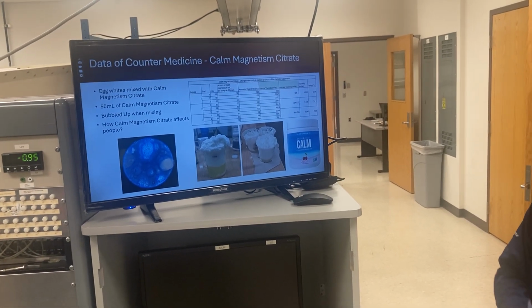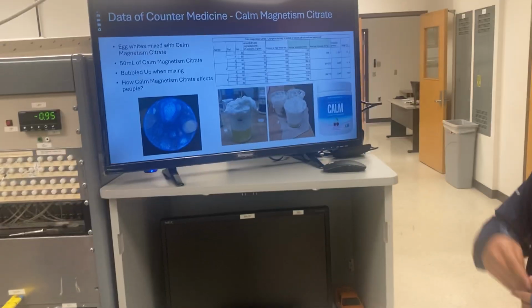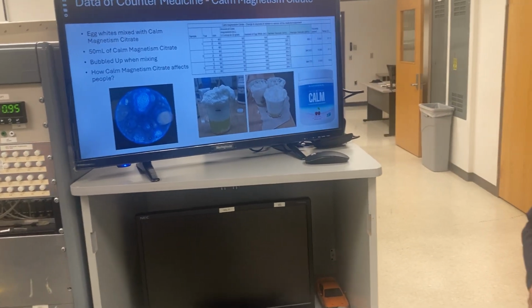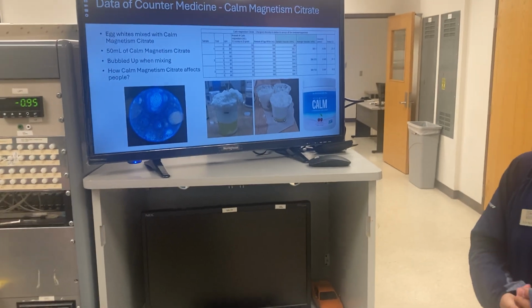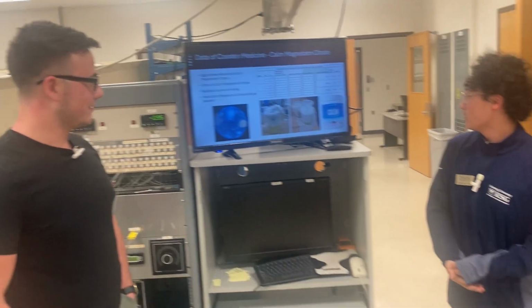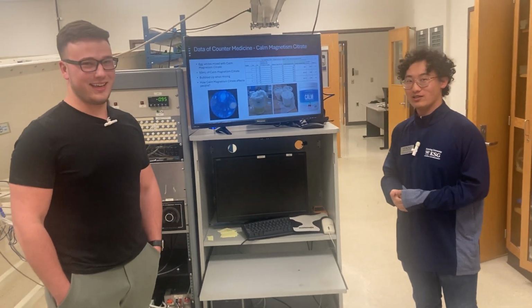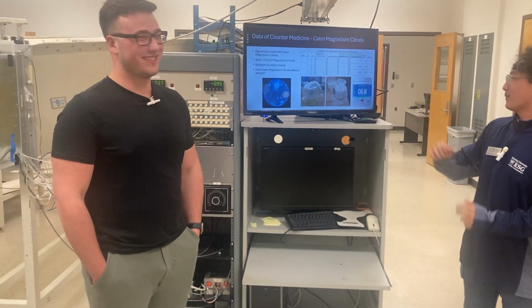And when we mixed it, it started bubbling up, similar to how it popped with Mentos. So you can see all the bubbles there, and it was a huge mess. So we had to clean it up. And you can see from the microscope picture that there's a lot of bubbles. And it had a super high viscosity of around 300. So definitely some error here.